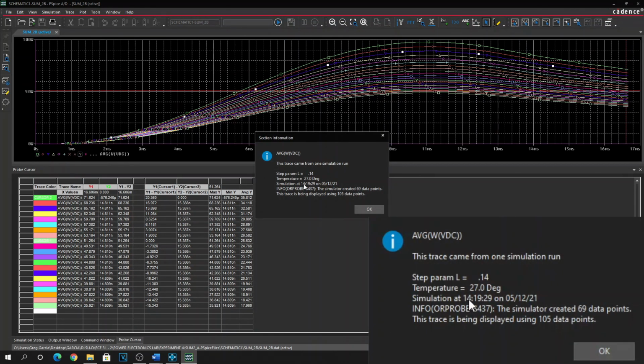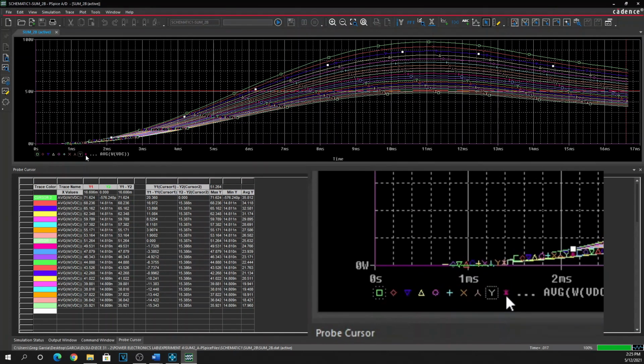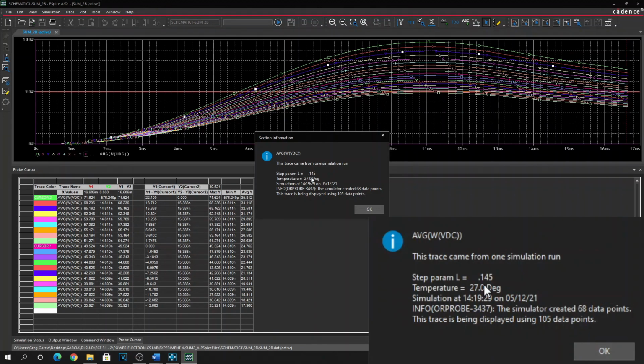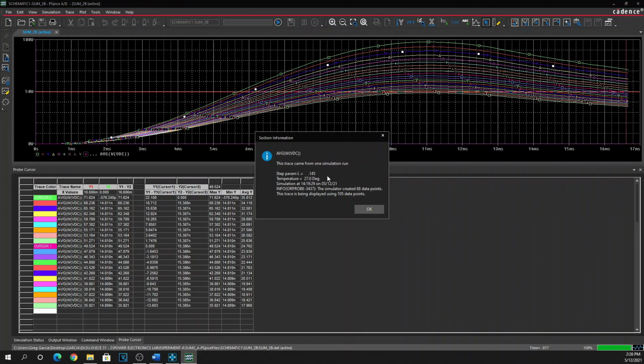Here, the light green waveform achieved a PDC of 51.271 watts and used an inductor value of 0.14 Henry. Now let's click on the fusion waveform symbol. The fusion waveform achieved a PDC of 49.531 watts and used an inductor value of 0.145 Henries. Since there is no closed form solution to exactly get the desired inductor value for the required PDC, we will use these to obtain inductor values as our initial and final input values in the parametric sweep simulation